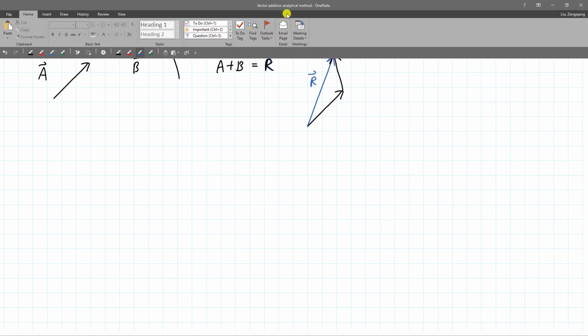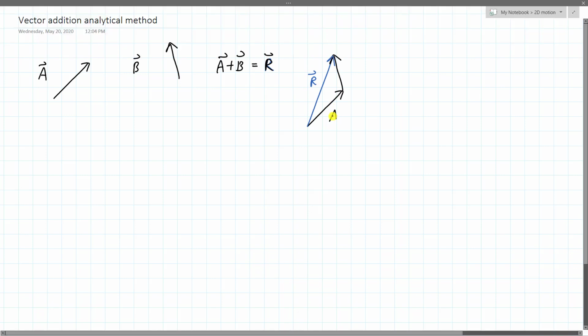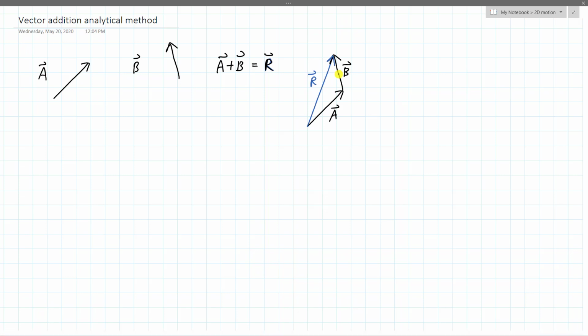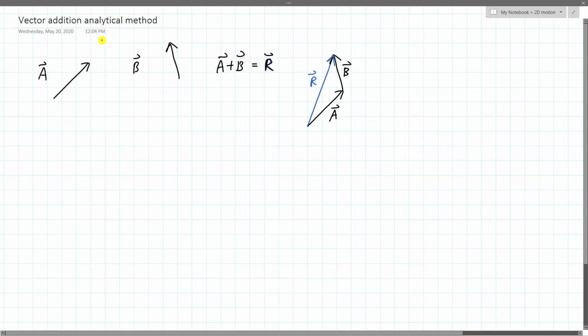Here's A, here's B. I exactly replicated A and B. So it's easier on the digital tablet, right? If you were to draw it on a piece of paper, you would have to use a ruler, carefully draw the length, and also use a protractor to find the angle carefully, right? So it's a hassle to reproduce results repeatedly. So let's put that all away and let's start talking about how to do this analytically.